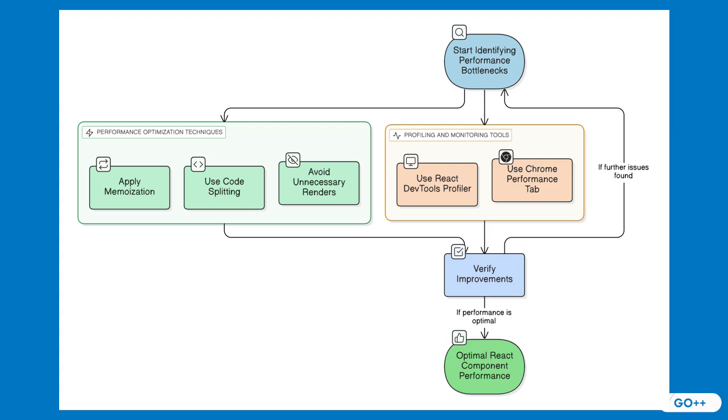By employing optimized rendering techniques, developers can ensure that product lists update swiftly and cart interactions remain smooth, much like a well-oiled machine. A practical example involves using React's memo and useMemo hooks to prevent unnecessary re-renders. Consider a product list component that renders numerous items. By memoizing the rendered products, developers ensure that the list only re-renders when the actual data changes, rather than on